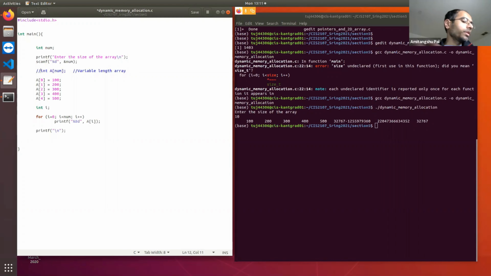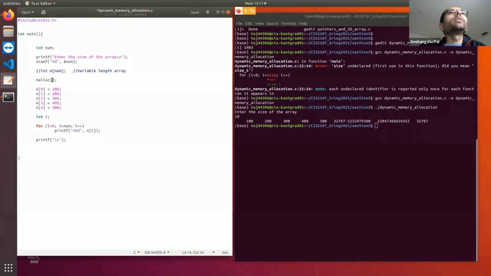So what is the syntax? Let's first use malloc function. So the malloc function will take one argument, which is equal to the number of bytes it needs to allocate.